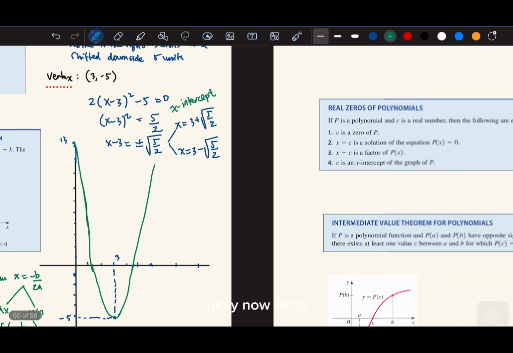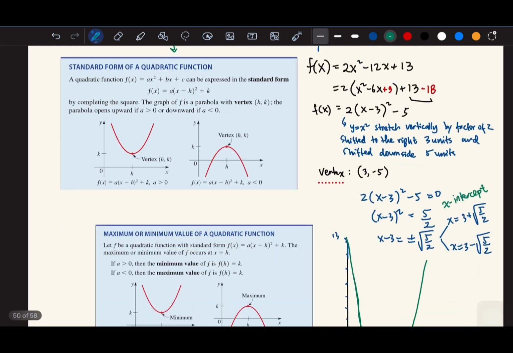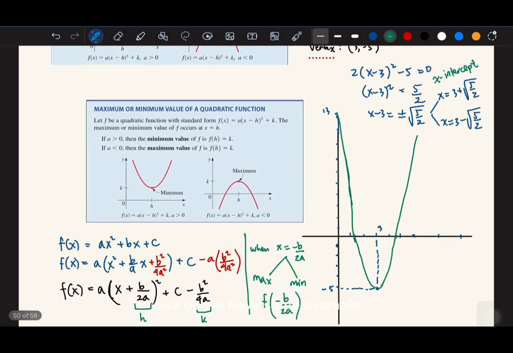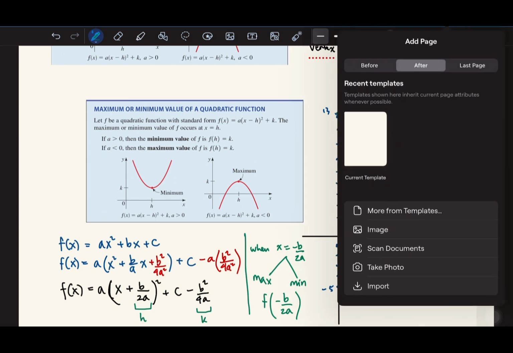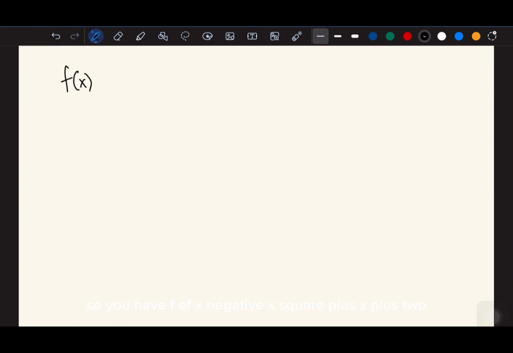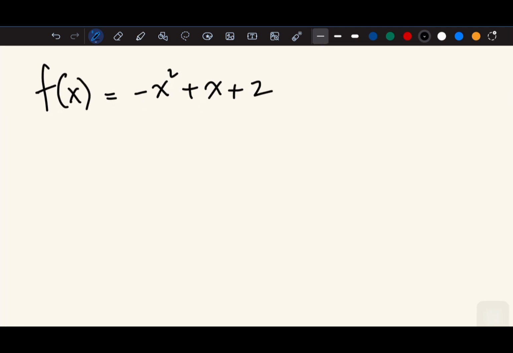Okay, now I think what else? Do we have some example? Okay, let me give you some example. So if you have f of x equals negative x squared plus x plus 2. Okay, for some reason I think you can't factorize like a normal, but for the standard form I think you can do it for most quadratic functions easily, right? So I think start with factoring the negative and we get this,